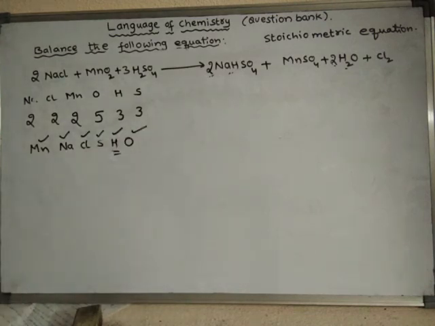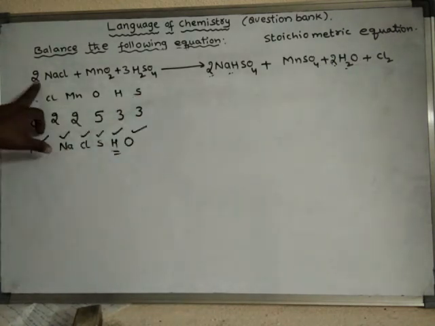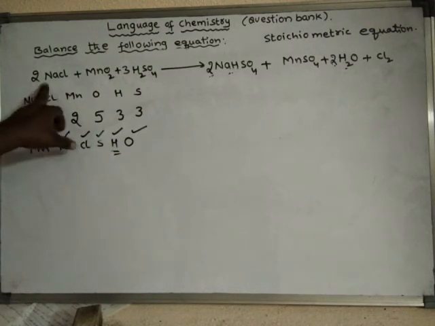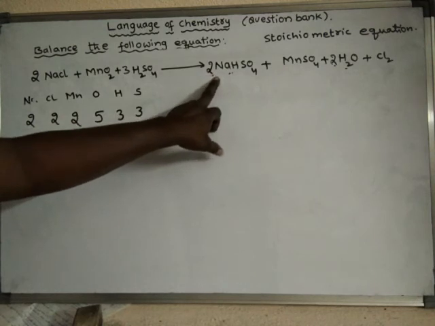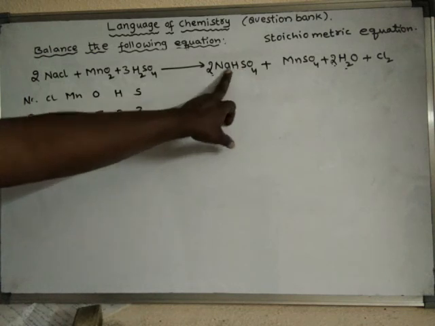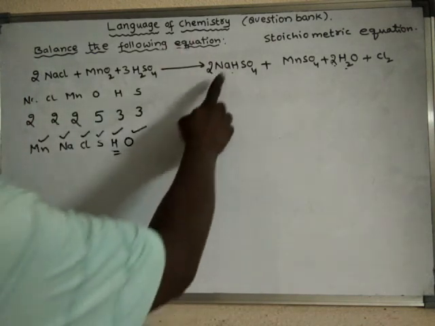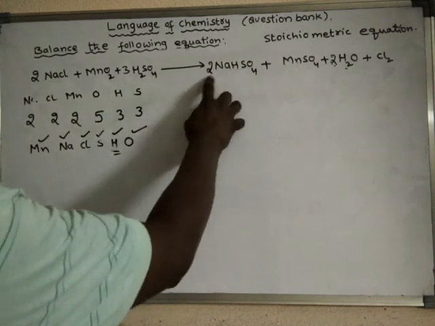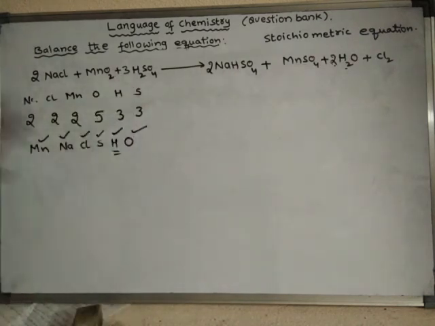Okay, so in this way, after balancing of chlorine, there is a change in the number of sodiums, because here sodium has become double. Hence I have to keep 2 here. So 2 sodiums. But the sulfur number is changing. So with this, chlorine is balanced. Now to balance the sulfur, I have to keep 3 here, so that 2 and 1, 3 sulfurs, and here also 3. So now sulfur is also balanced.